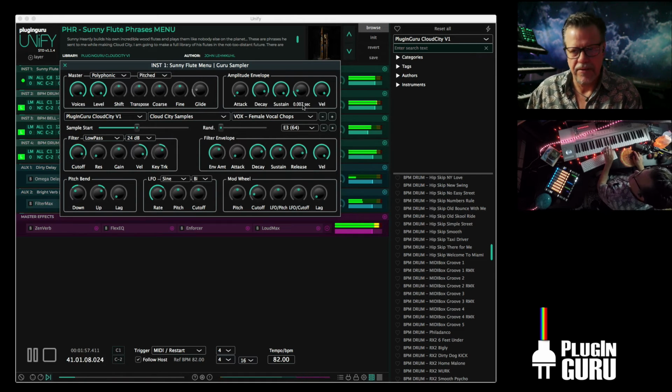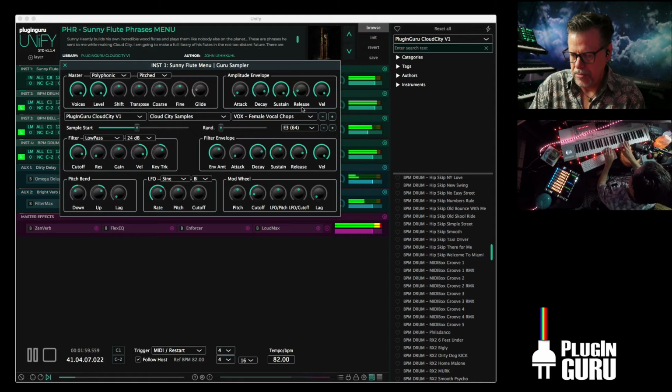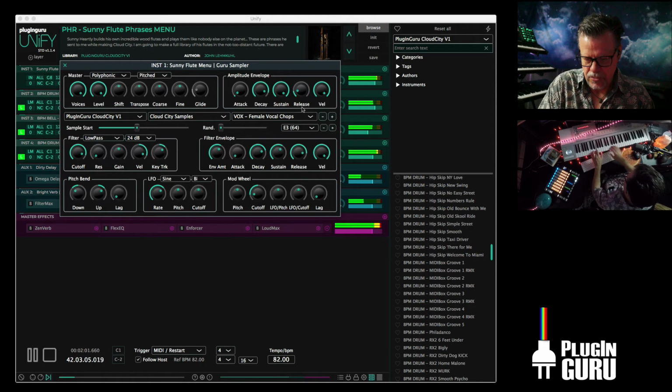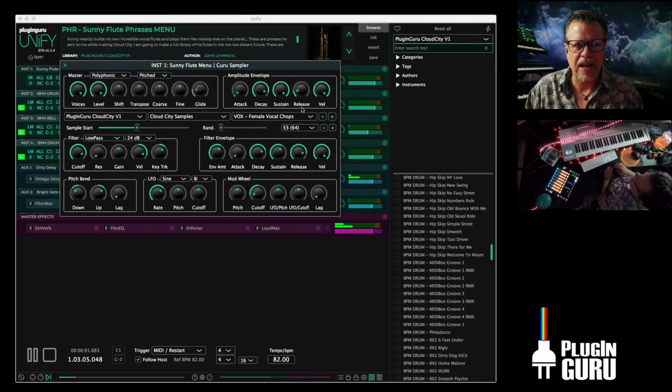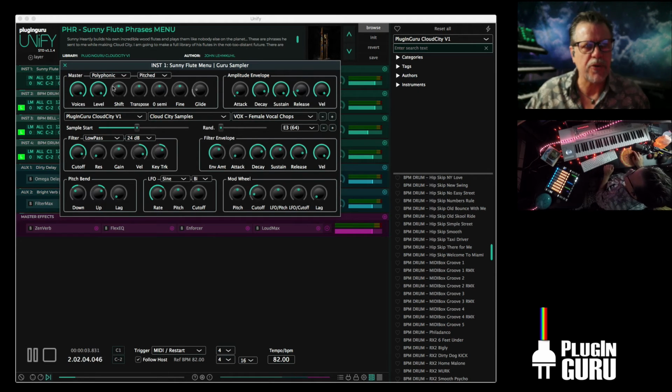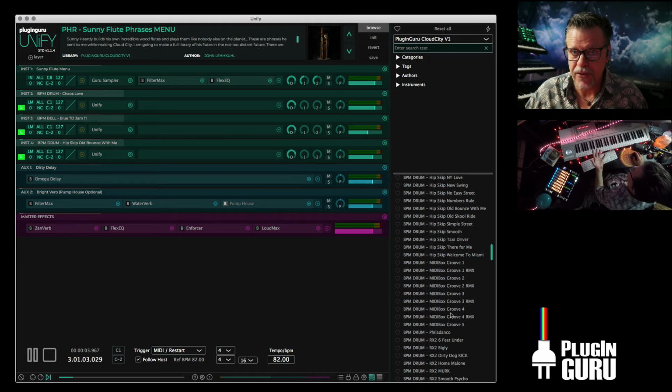Shorten the release. It's a lot of fun. There's a lot of creative things you can do with all the vocal chops and the flute phrases in the